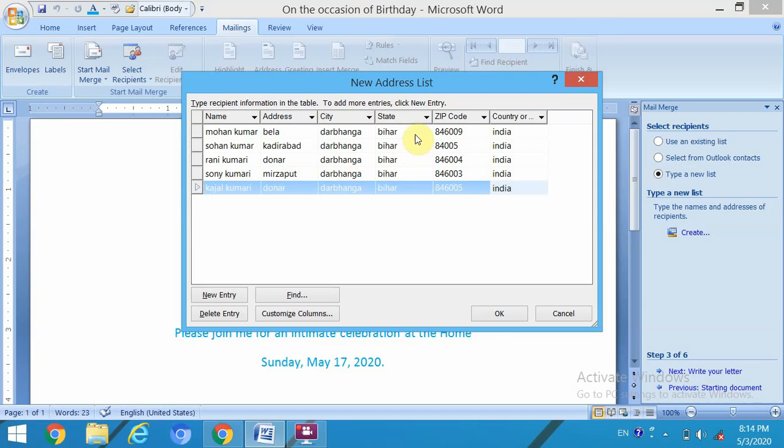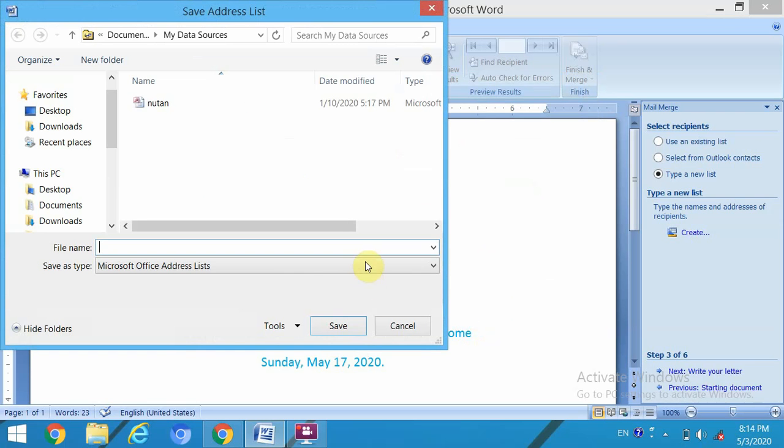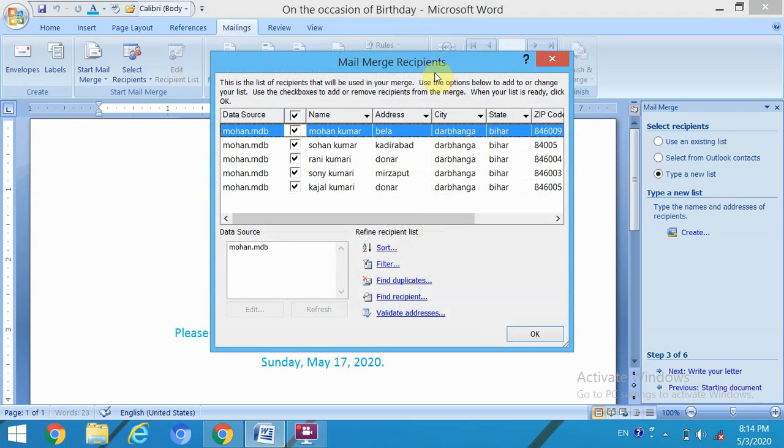After typing records, click on OK button. It will display a Save As dialog box. Type the name of file and click on Save button. Again, a new recipients list will display. Click on OK button.